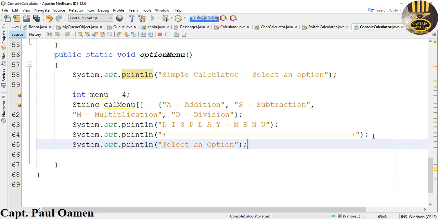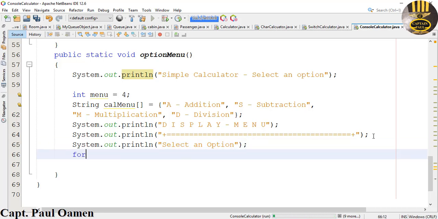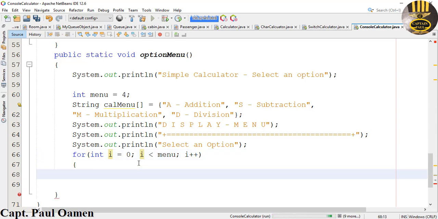There we go. Now let's use a for loop in there, so that we'll use that to arrange all of this in order. The for loop will be an integer i equals 0, i is greater than menu, this very menu. I'm talking to this menu in there. So I'm just going to say comma, then we say i plus plus, enter curly braces,